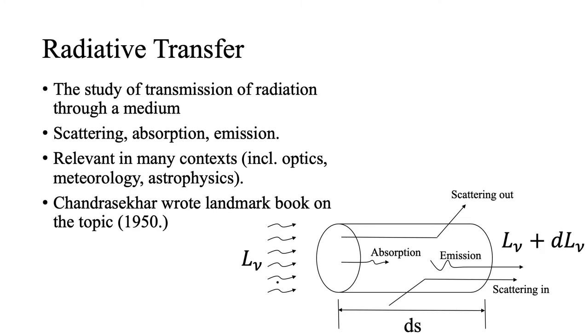You have incoming radiation that has spectral radiance L nu. The radiation goes through the medium of width ds and comes out with spectral radiance L nu plus dL nu. How much is dL nu? Is it positive, is it negative, and how can we write this down? Well,